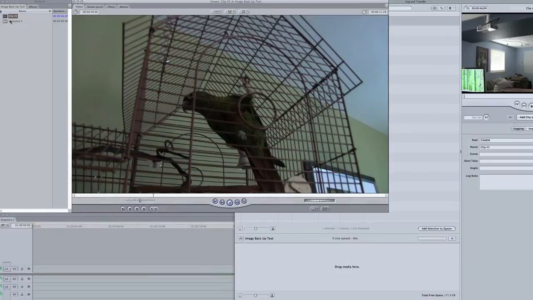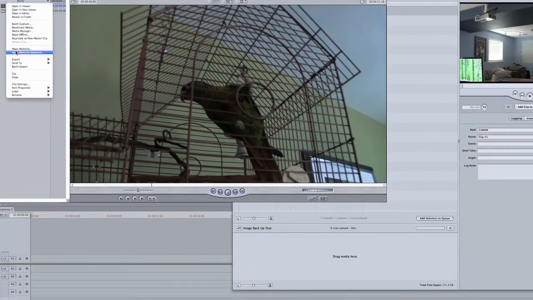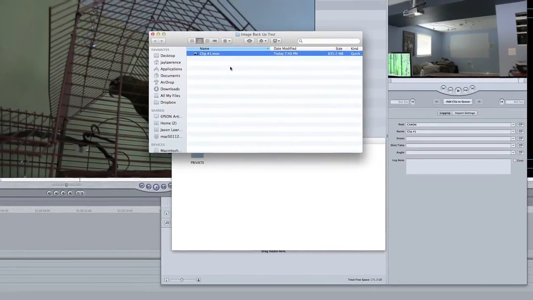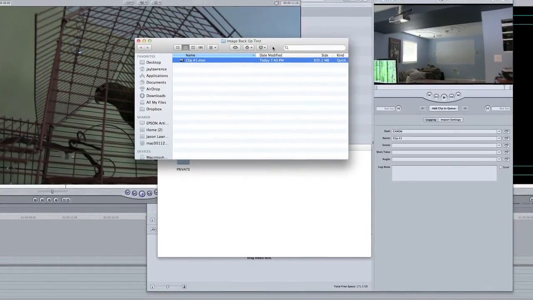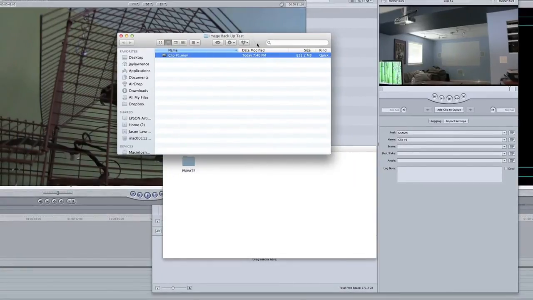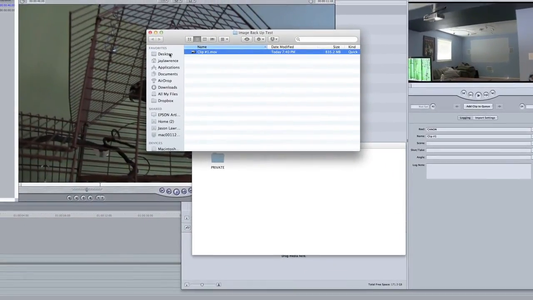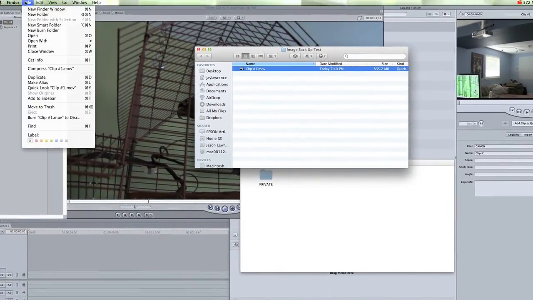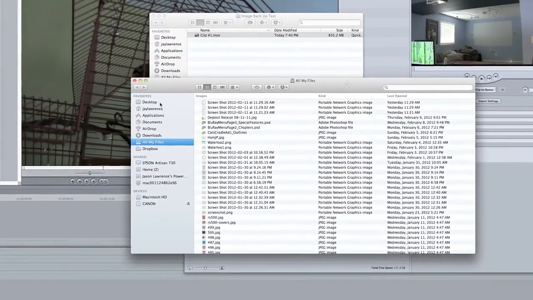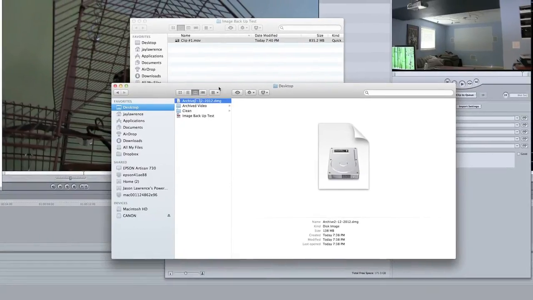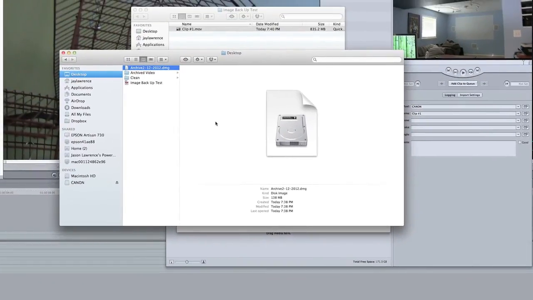And now if I right click on this, I can say Reveal in Finder here, and we'll see that this file, after it's been imported into Final Cut Pro into ProRes, is 835 megabytes, which is a lot larger than our disk image, which we'll see here is 138 megabytes. So this is one way that you can archive your footage, and I hope that helps some